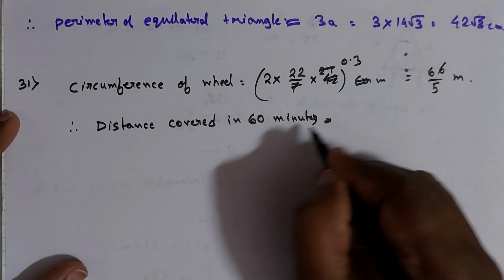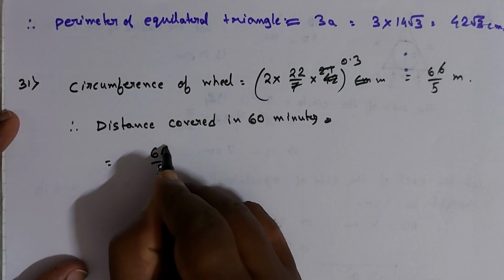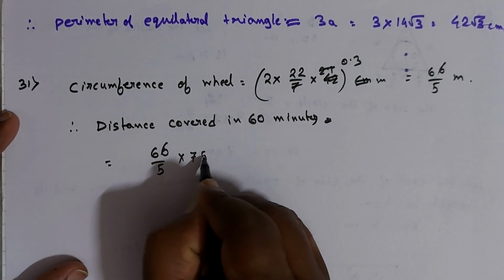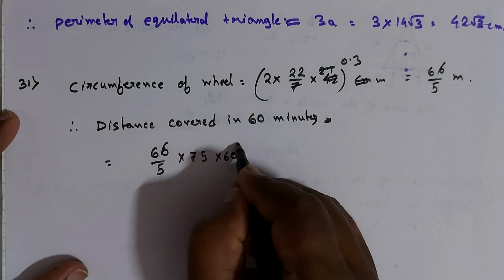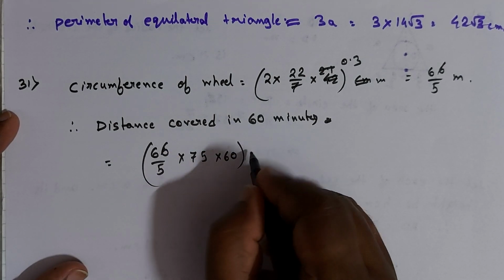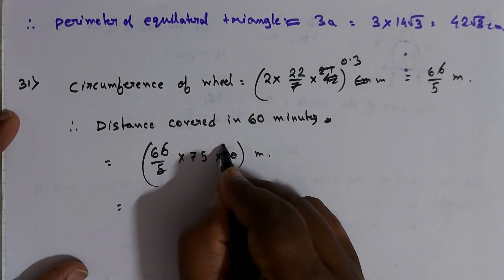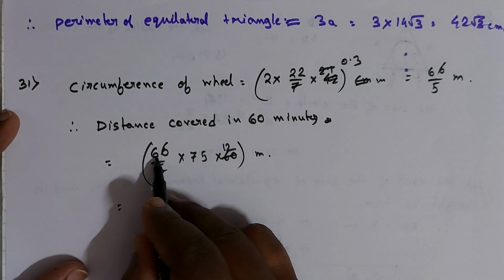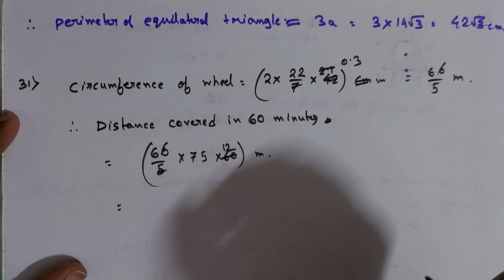We will determine in an hour, 60 minutes. So 66 by 5 into 75 into 60. So 66 into 75 into 12. Okay,